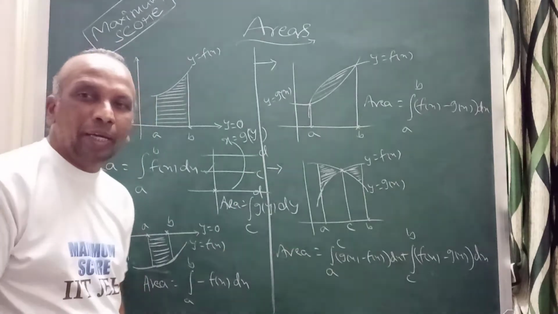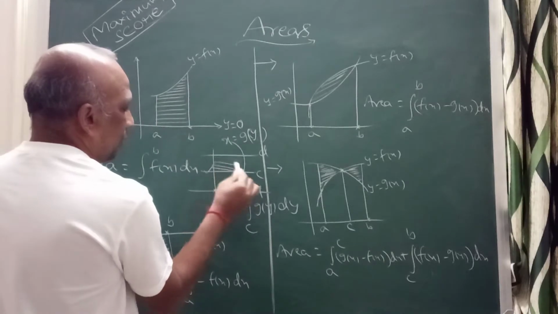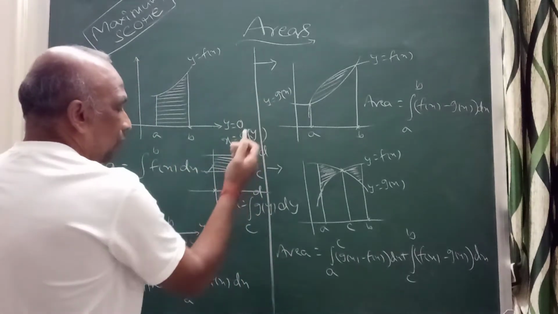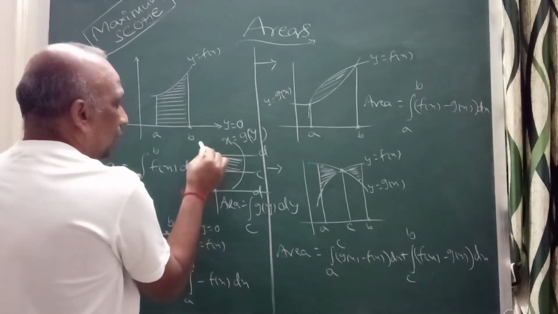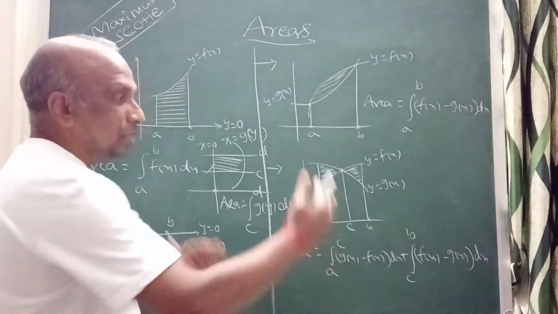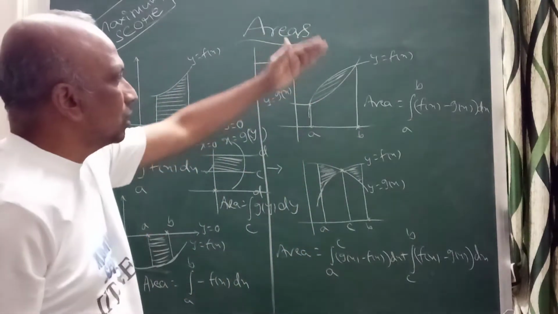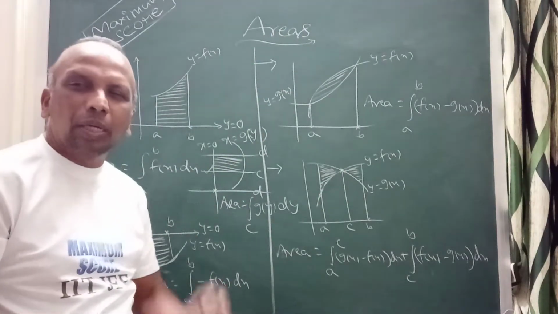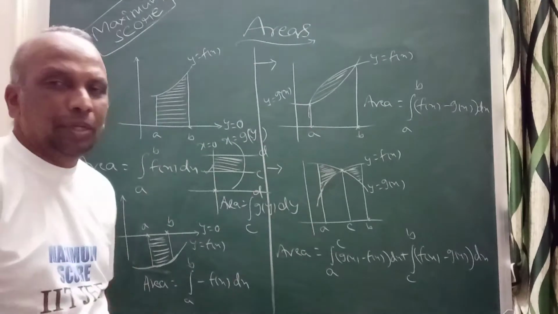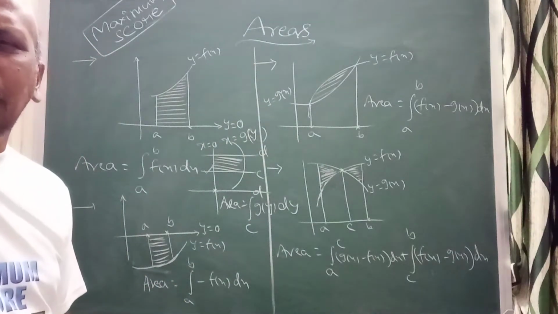G of y dy. Here you can consider right curve minus left curve. This is the required area. Right curve minus left curve. Right curve is g of y. Left, this is the line, I can say x equal to 0. G of y minus 0. So if we see the curve, always right curve minus left curve can be used, or if we see like this, upper curve minus lower curve. That is the concept to find the area of any figure they have given. We can observe that. Now I will continue, the next point I will discuss now.